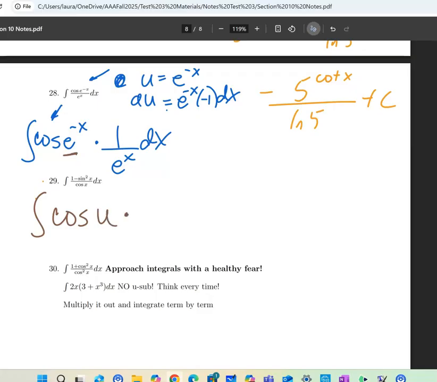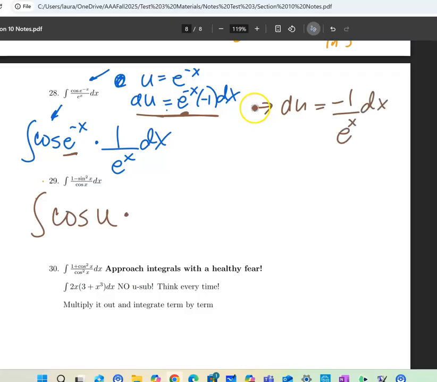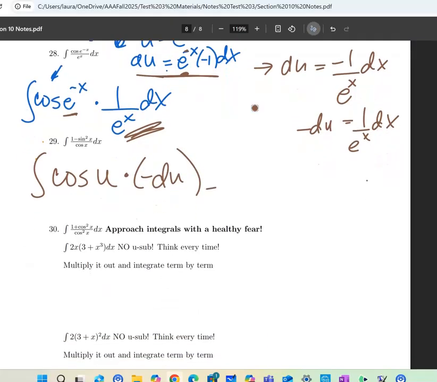times, wait a second, can't I rewrite this? If I rewrite this, putting the negative exponent in the denominator, isn't this the same as saying negative 1 over e to the x? Right, that negative here puts it in the denominator. It's almost there. Negative du is 1 over e to the x dx. So negative du. Okay, I know that the antiderivative of cosine and sine carry the negative along,